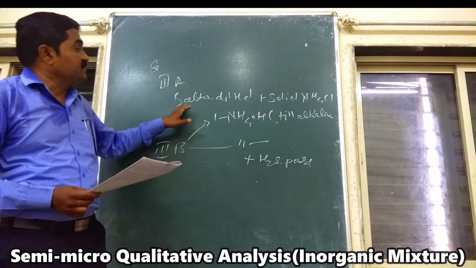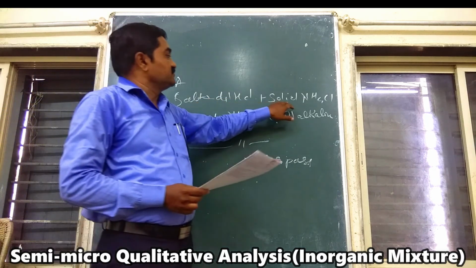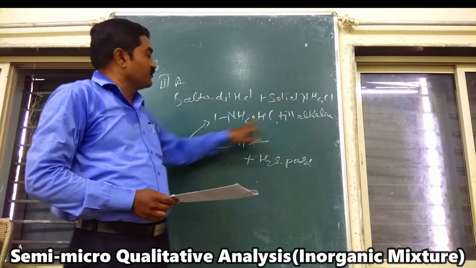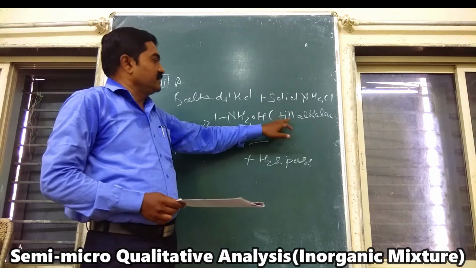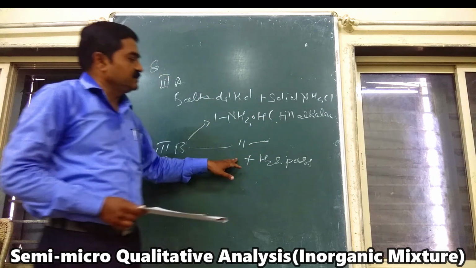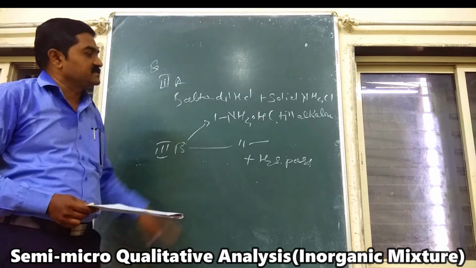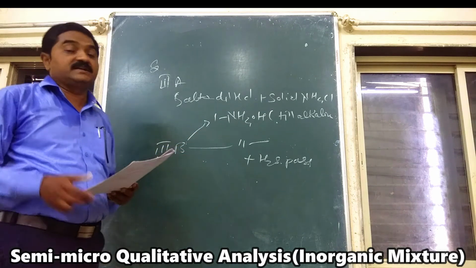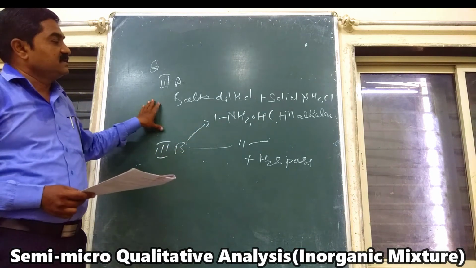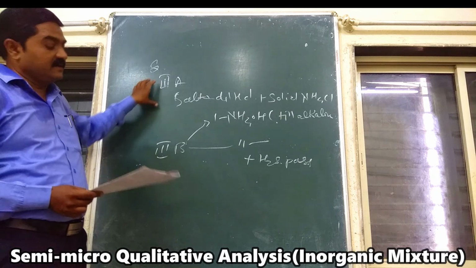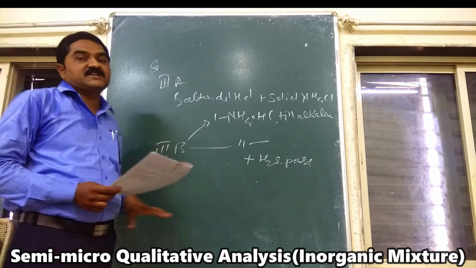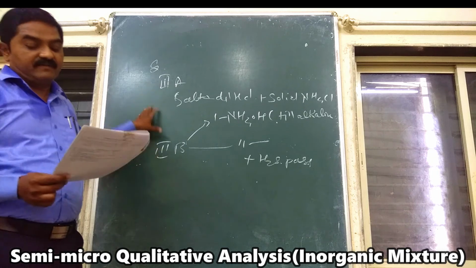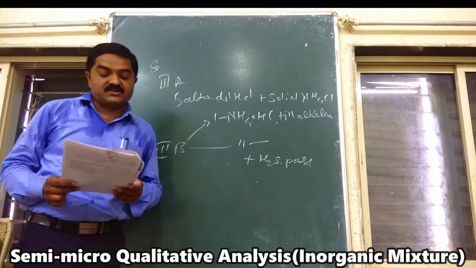So which reagents are used here, which salts are used here: salt plus dilute HCl, solid ammonium chloride, ammonium hydroxide, and add it till in excess and then pass H2S gas. From the color of the PPT we can determine which elements are present here. Again the question can be asked for third A and third B as well as second A and second B. There may be separation. How will you separate these elements from the given inorganic mixture?